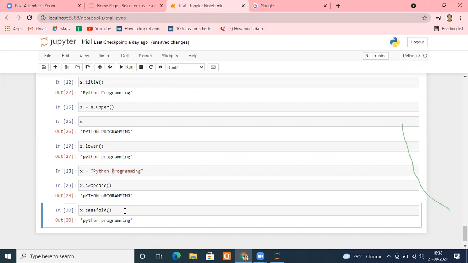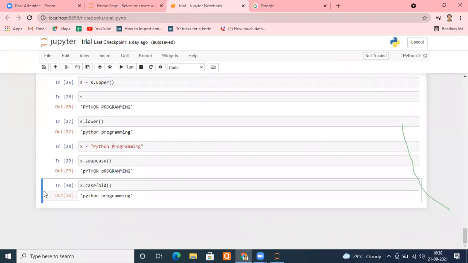So you have two options for converting everything into lowercase. One is the lower method, one is the casefold method. In an interview, they may ask you such questions. You want to compare two things, but the comparison should not depend on the case. Which methods will you prefer? You will say, sir, there are two methods. Either I will convert both strings into lowercase using the dot lower method, or I have another option known as case folding, which will do the same thing, but the function is different. Is it fine, everyone?